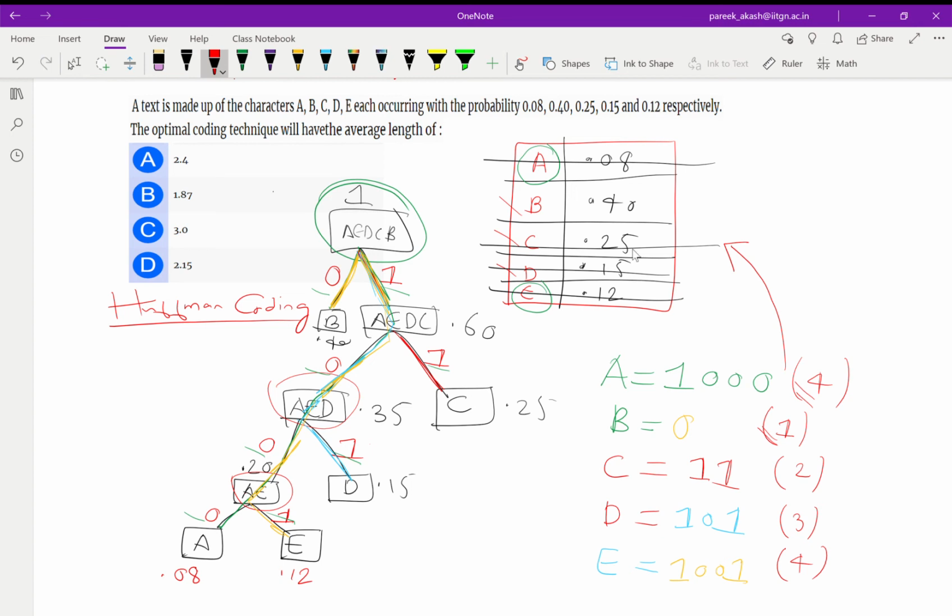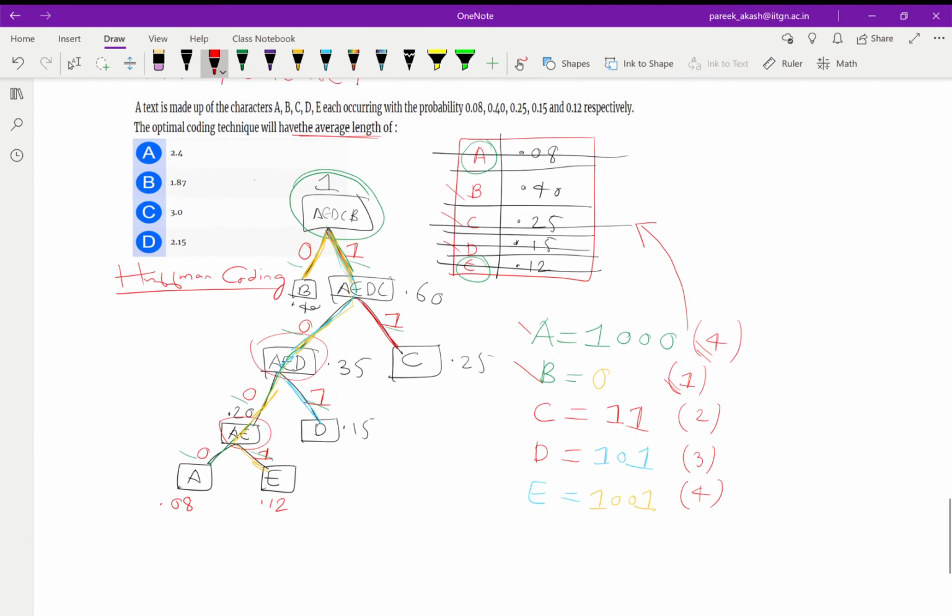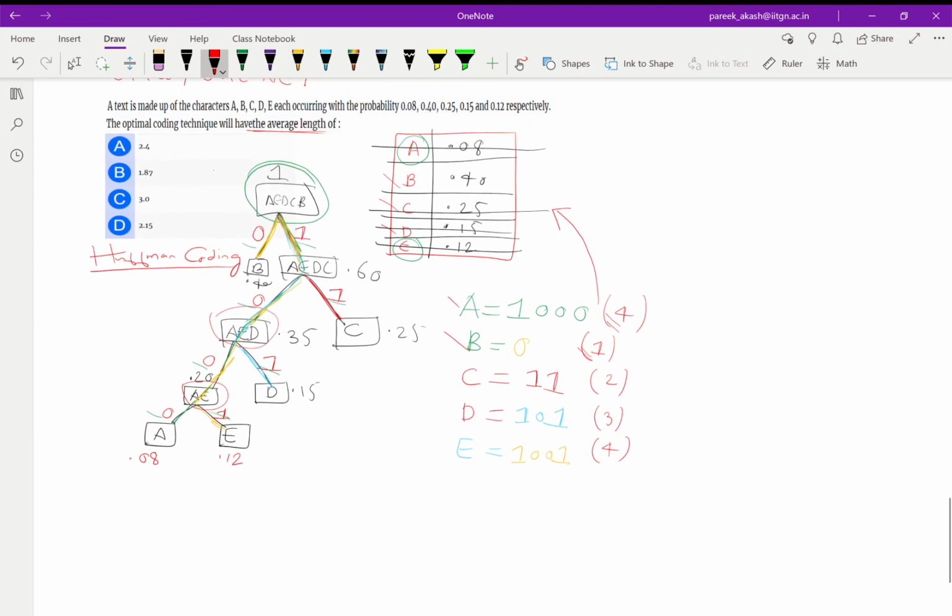So we have got the length of each character A, B, C, D, E, and now the question asks us to find the average length. For that you just do a simple calculation: you take the length of each character and multiply it with its probability, and sum everything.